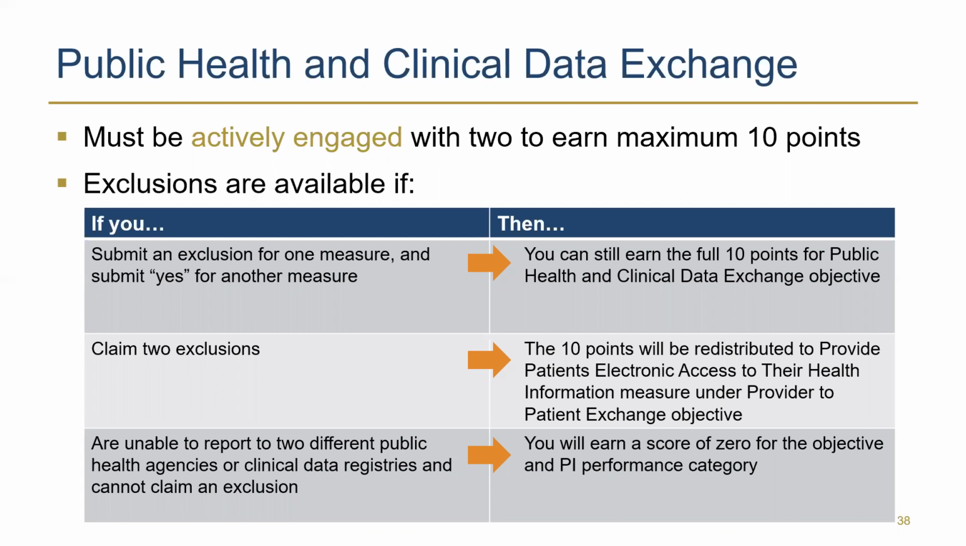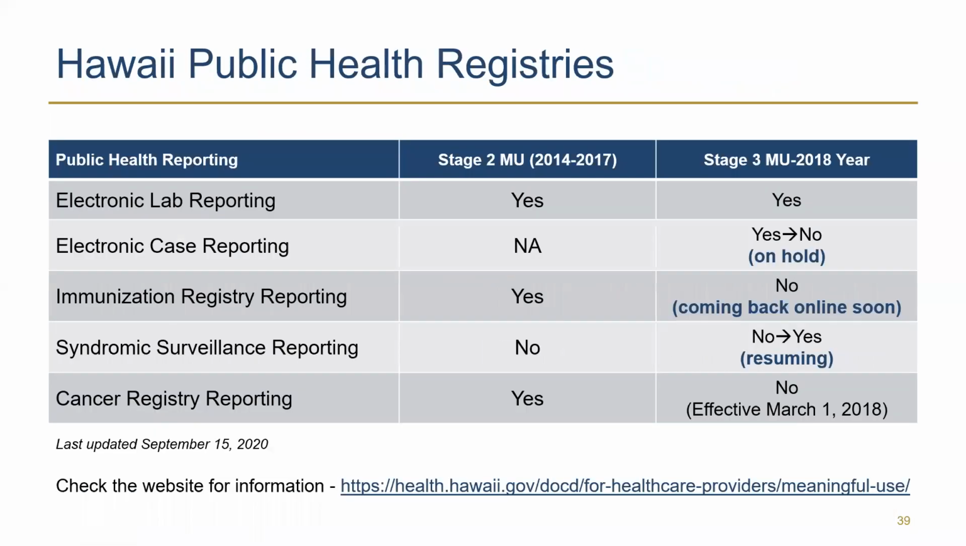If you cannot report and you cannot take an exclusion, then you get a score of 0 for this objective, and that means you get a score of 0 for the entire PI category. So we want to make sure that you can either send data to a public health registry or you can claim an exclusion. So let's look a little bit about what it looks like in Hawaii for the public health